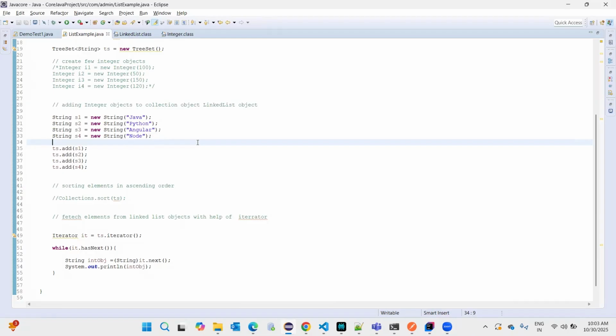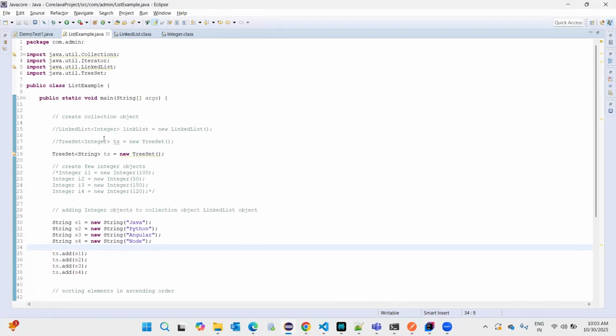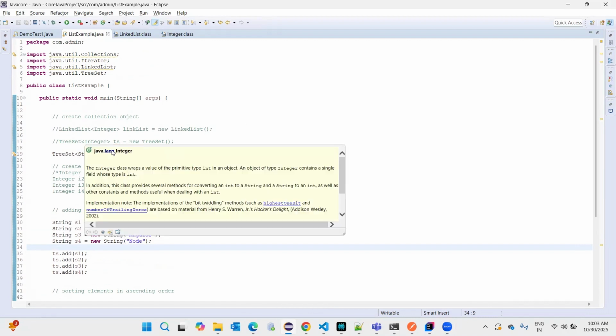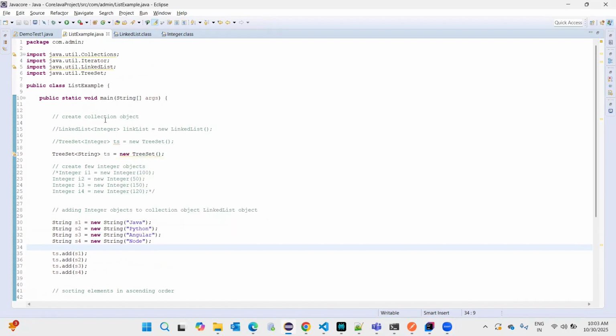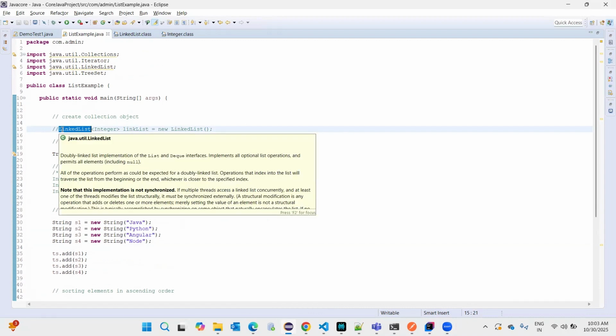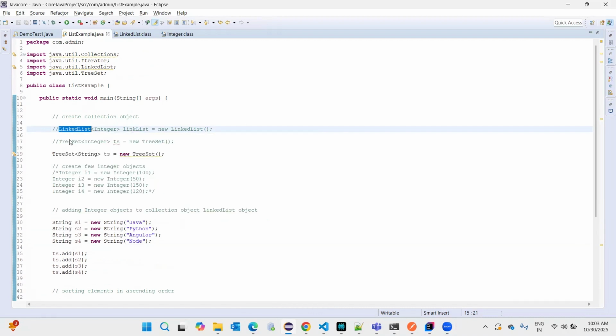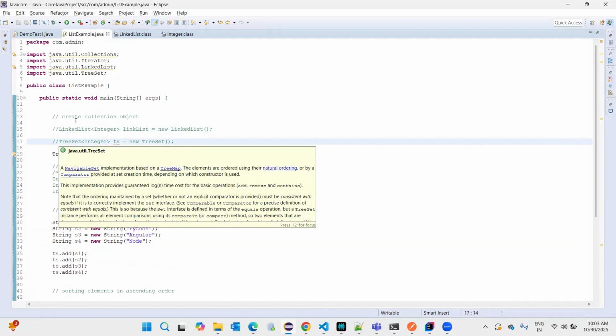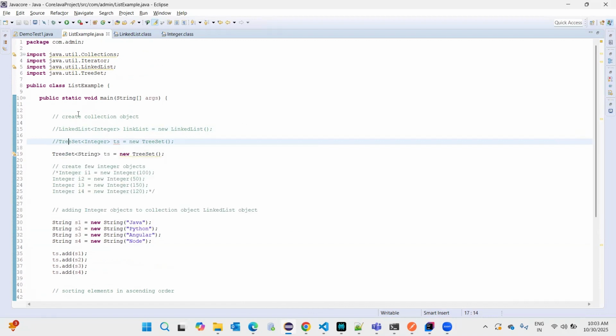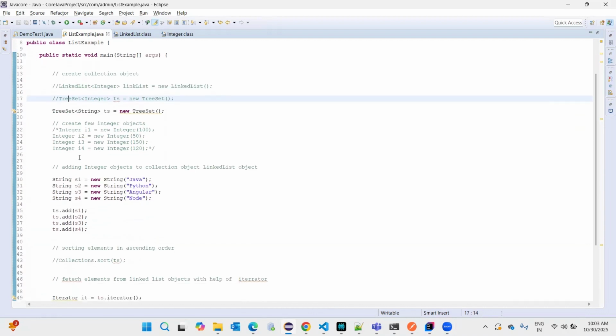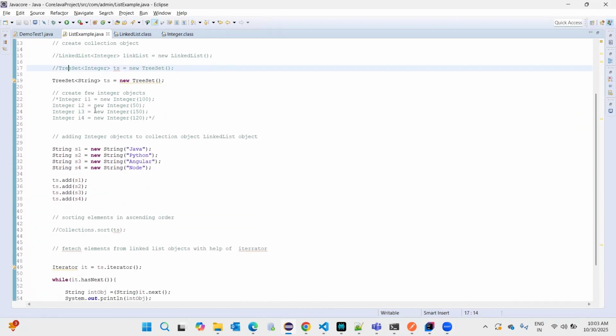So in the previous class we have seen HashSet and LinkedList in the collection framework. If you have not watched my previous class, go and watch it and then come to the new class. So the HashSet we have seen with integer type and string type. By default, this set will give you